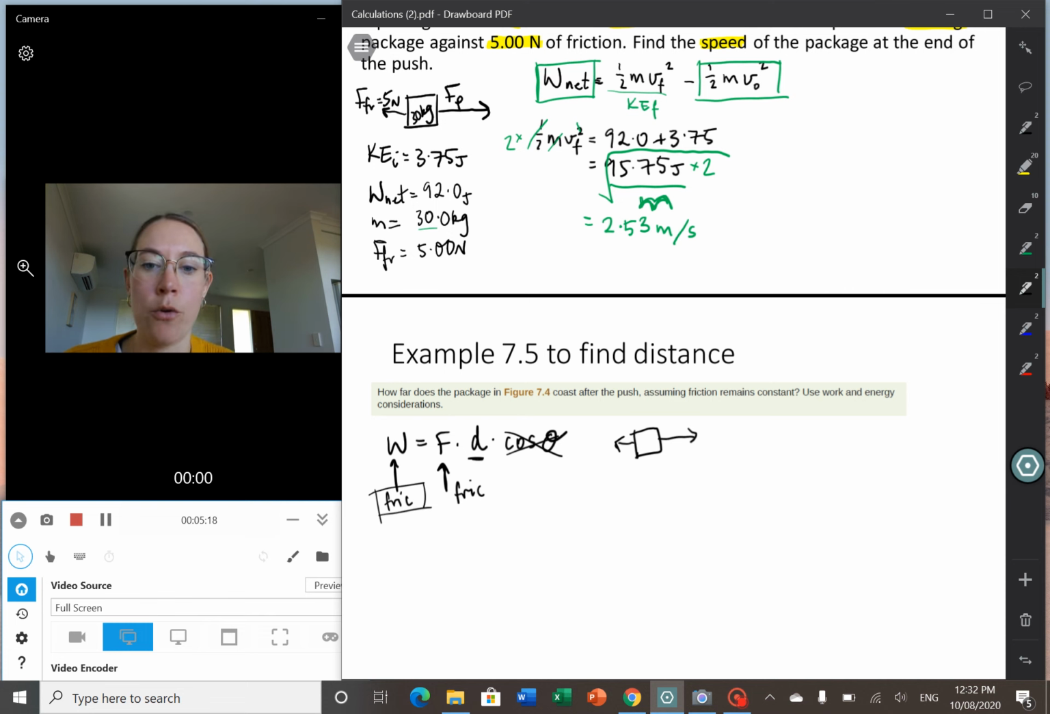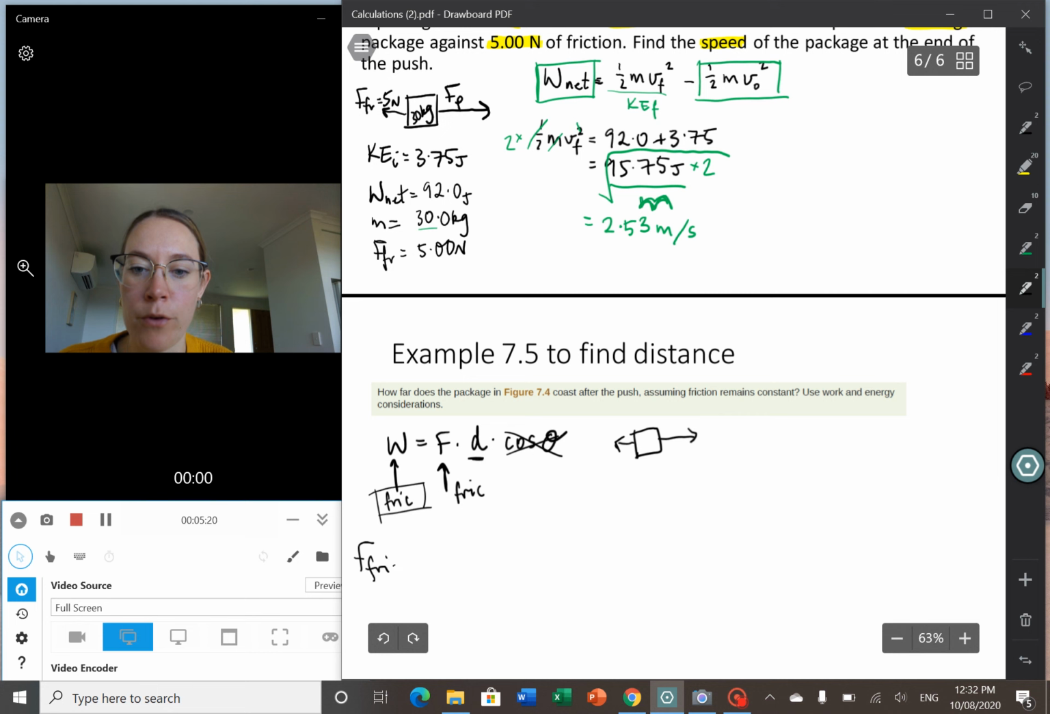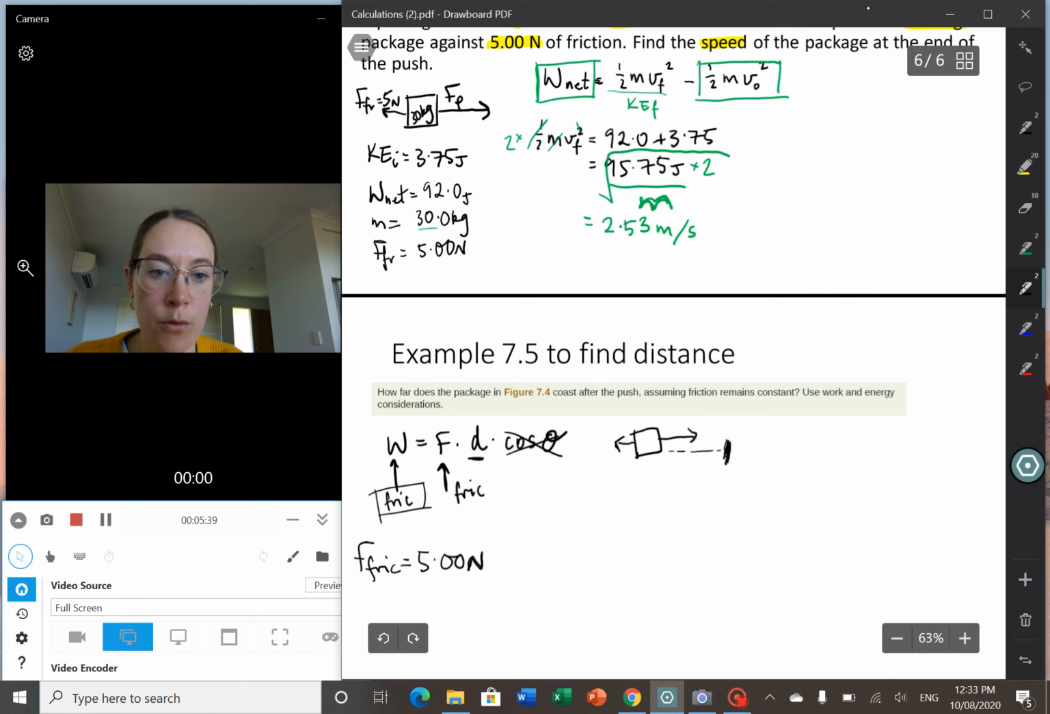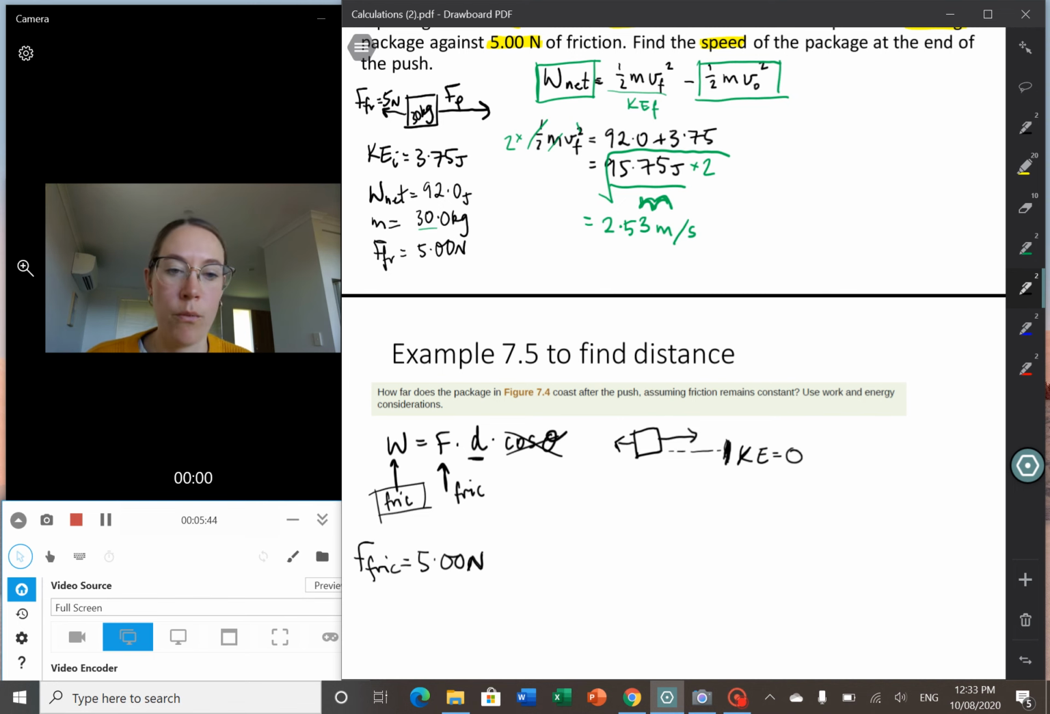We saw in the question above that our frictional force was equal to 5 newtons. We weren't given a value for work done by friction, but we can figure that out. So our package is travelling an unknown distance and it'll stop. And when it stops, it'll have a kinetic energy of 0. It won't be moving anymore. The kinetic energy that we worked out in the above problem after the push